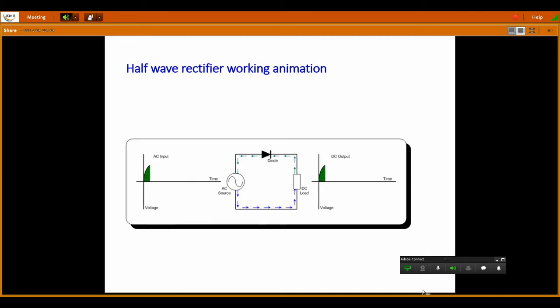See here in the diagrammatic animation, you can also see this. The arrow direction in the circuit shows the direction of electron flow. During the positive half cycle the output is a positive peak, but during the negative half cycle there is no output. During the positive half cycle there is a direction which shows the flow of electrons. You can observe there is no transformer in this circuit, for easy understanding. But in an examination, if you are writing this answer, you need to draw the circuit with a transformer also. That is nothing but a step down transformer.